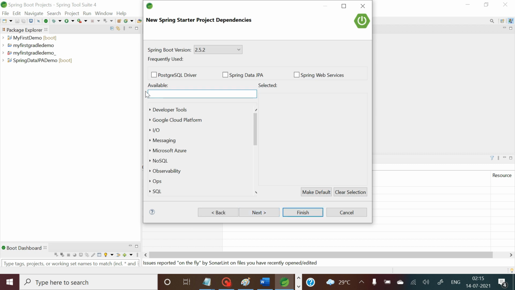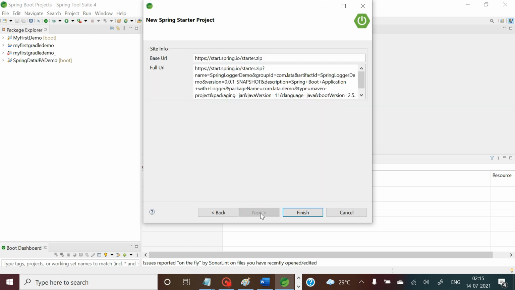Then clicking on next. Now I want to create a web service, so I need the Spring Web dependency, and that's it. No special dependency is needed for logger.